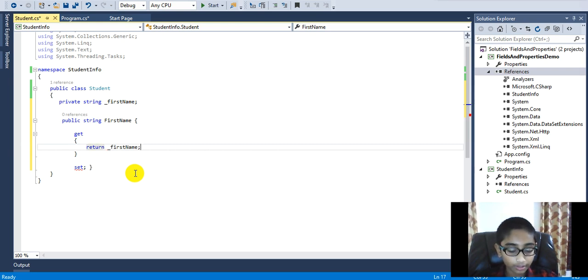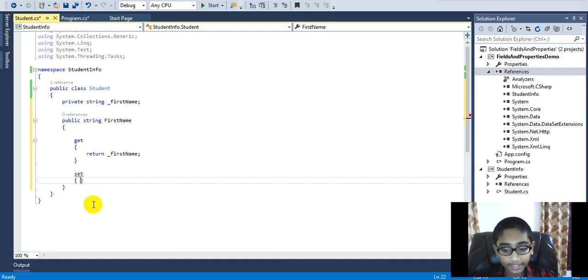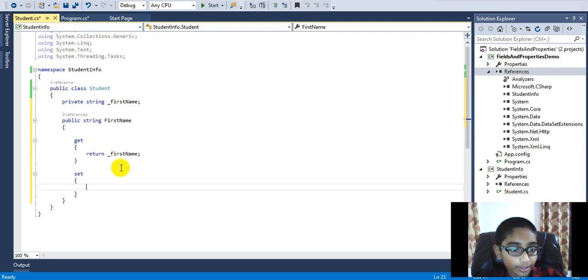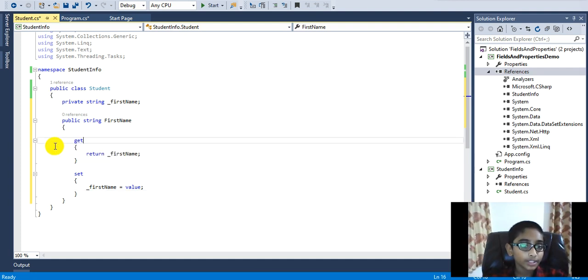Okay, now I'm going to correct the alignment of my project. So I'll just click Control K D. Okay. So now I'm going to type in a set method. So now I'm going to type in this field name equals value semicolon. Okay. So whenever you are calling this property in the calling class or the client application, the get accessor